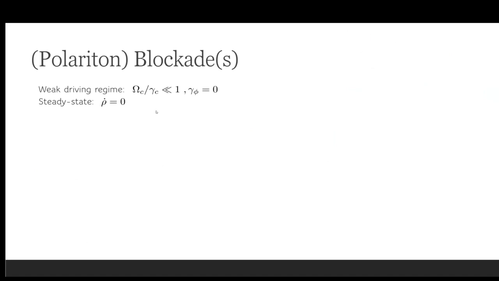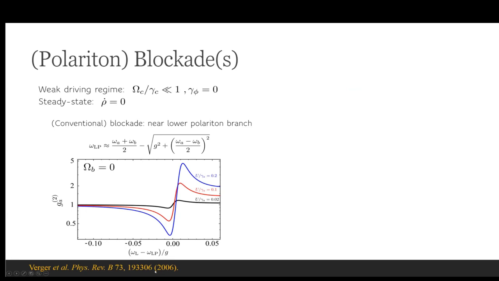So analyzing the light coming from this kind of system, what was shown many years ago is that we can find a region where the g2 is less than 1, and this is called the blockade effect. It comes from the fact that if we put a second photon in the cavity, we have some interaction between them, and then we are precluding the emission of the second photon due to this mismatch between the laser and the quantum states of the system.